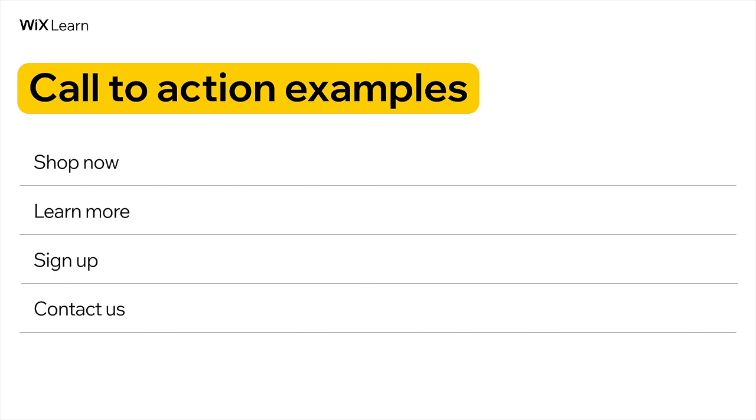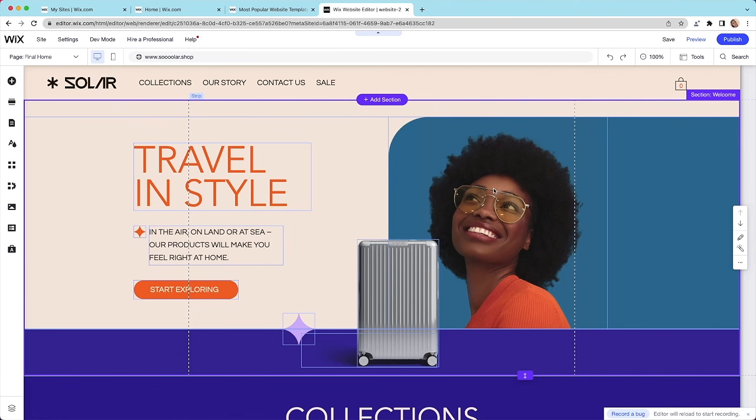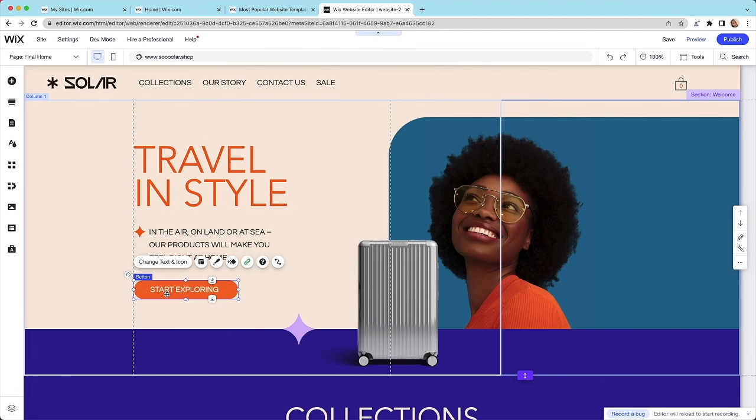And an effective CTA should mirror your site theme and design style and include action-driven text to entice a viewer to click. For example, instead of something like see our products, I've written here start exploring. And the reason is, I think that this will be more fun and will likely result in more clicks. If you'd still like to learn a bit more about effective CTAs, check out the link I've included in the